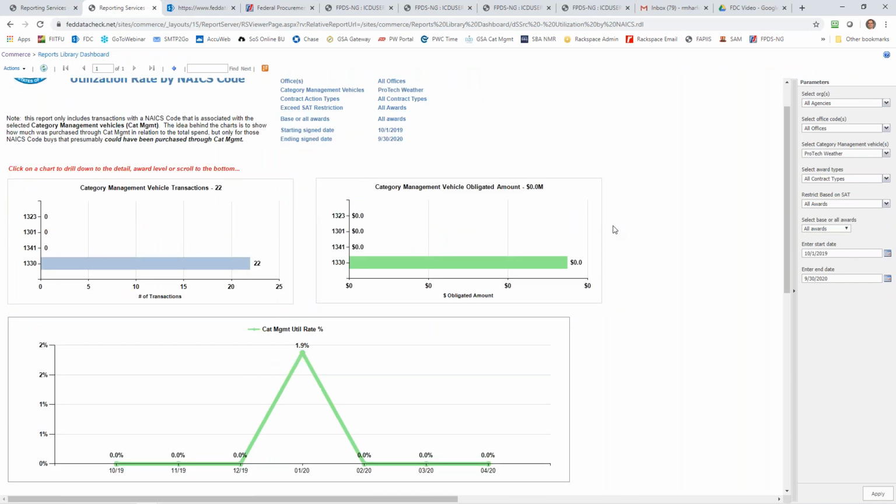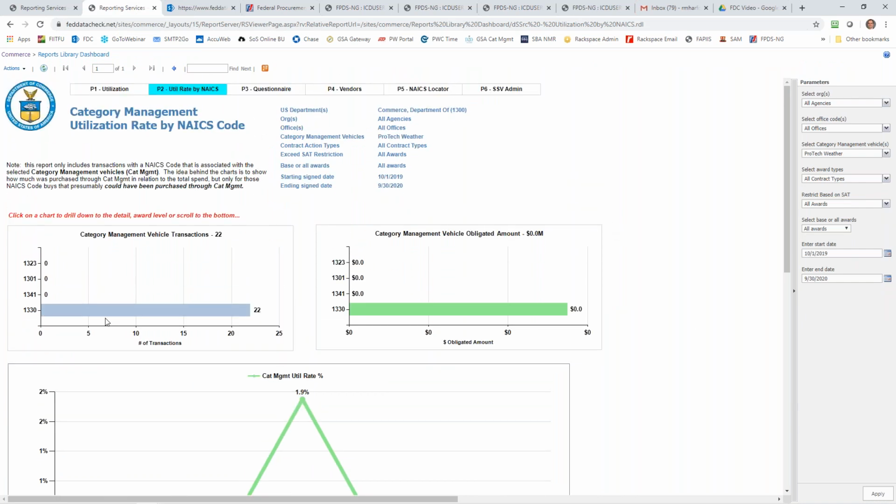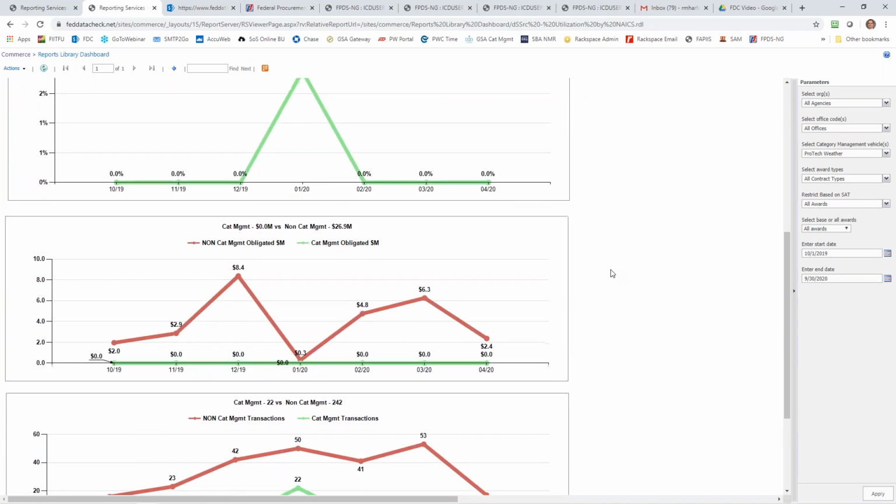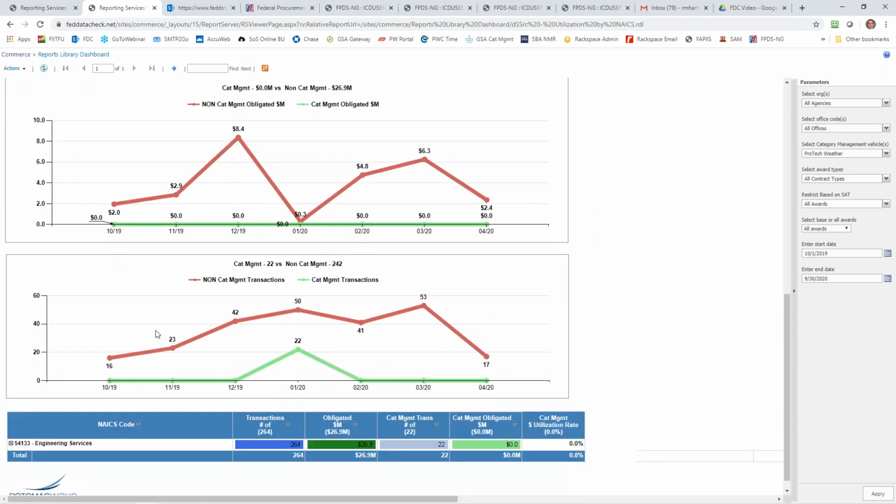The other thing we do with FedDataCheck is give you bar charts. This is an agency level, but for department level, we show you the spend across agencies. This is NOAA spend, an agency-level program. And the trend lines show leakage and utilization over time.